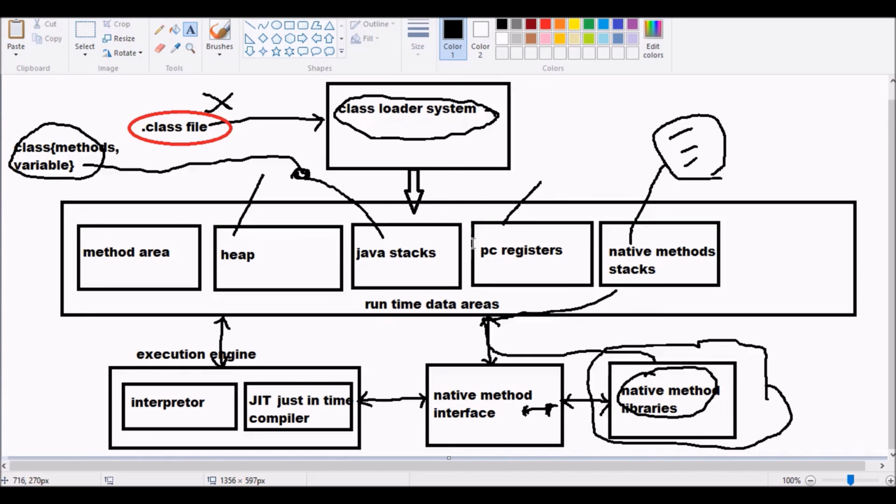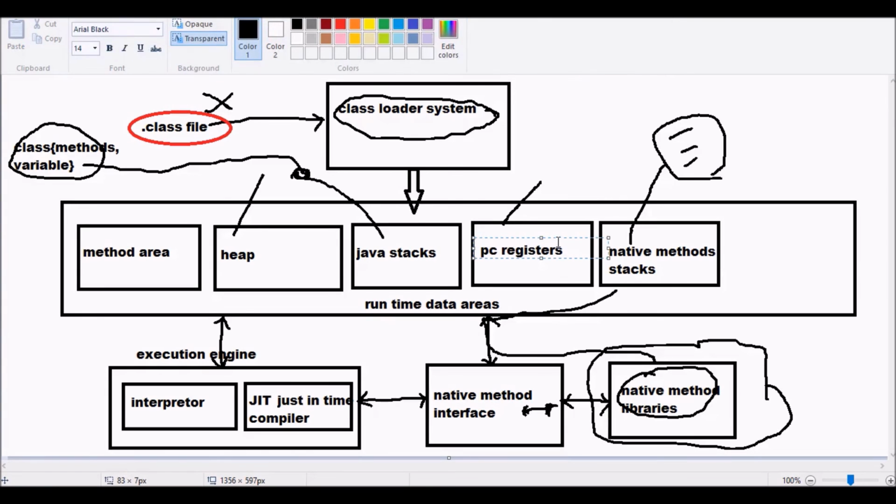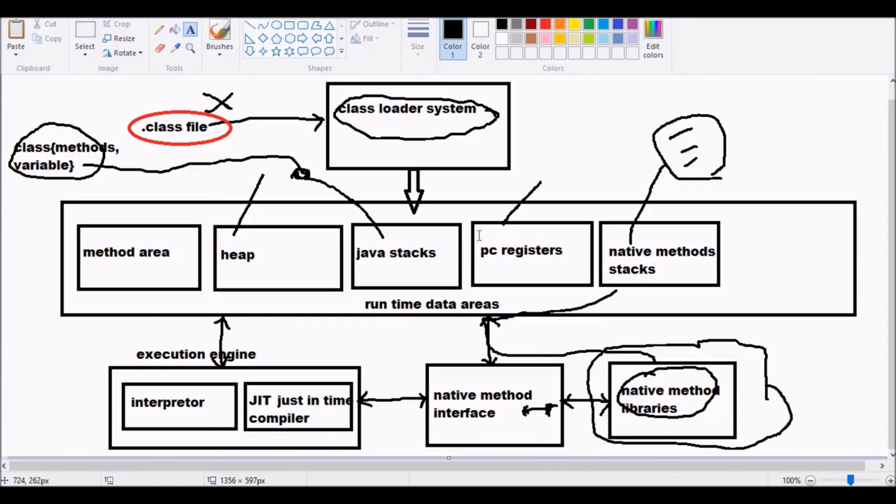Where will it look? It will look into the PC registers. That is the use of the PC register: the address of this machine code is available in the PC registers, and the microprocessor will see these PC registers every time because the machine code is changing each and every millisecond.